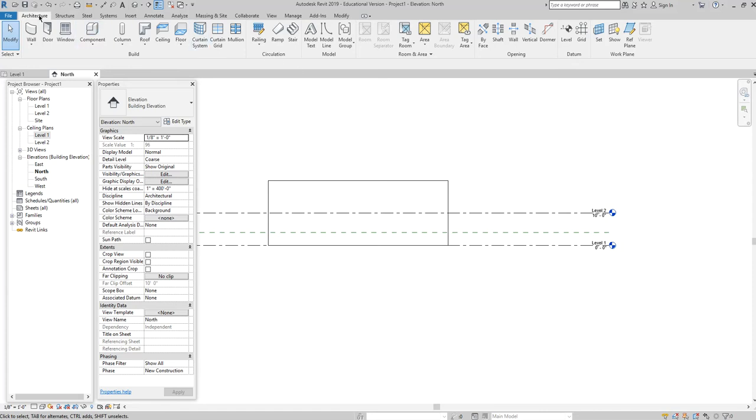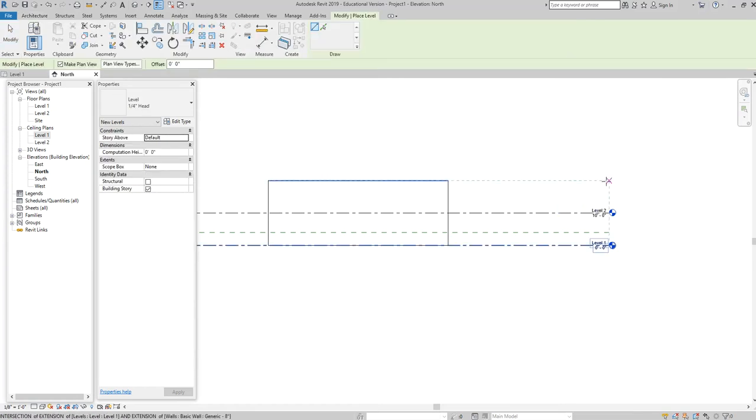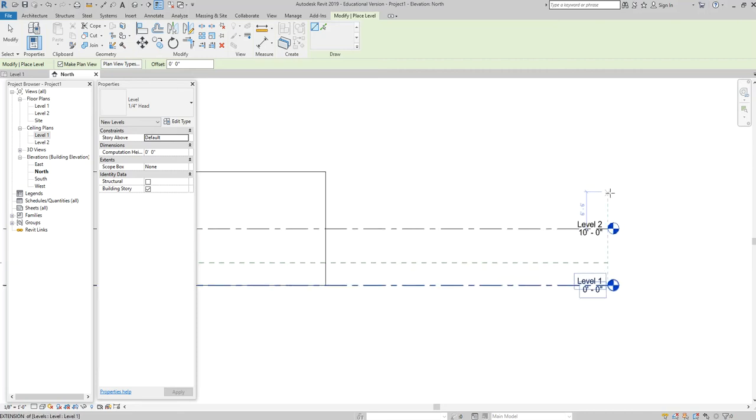If I go out to my architecture tab here, and I go all the way down to Level, click. I can create a new level, which will create a new floor plan, which will also create a new ceiling plan. You're going to notice that I come over here and hover and I get my extension object snap popping up. I click,